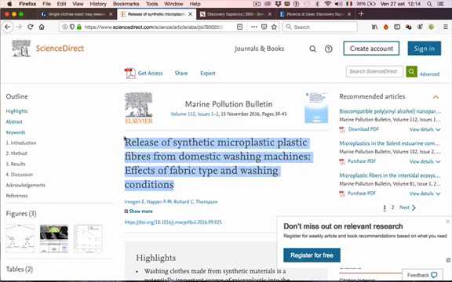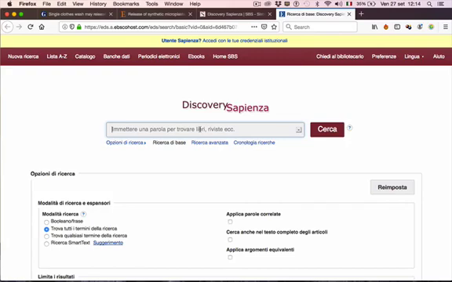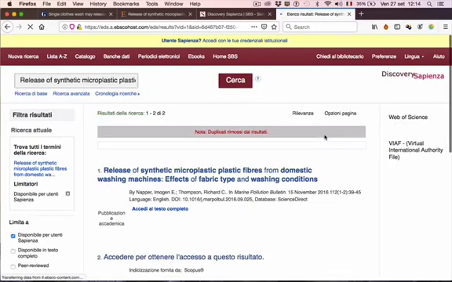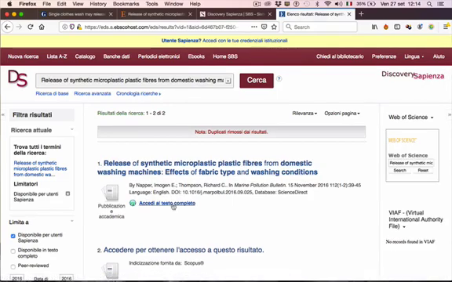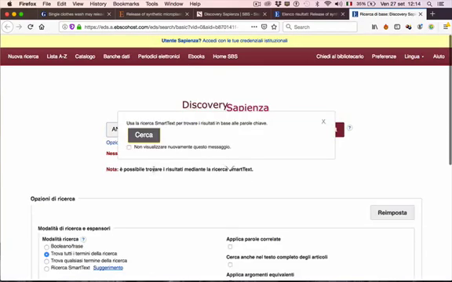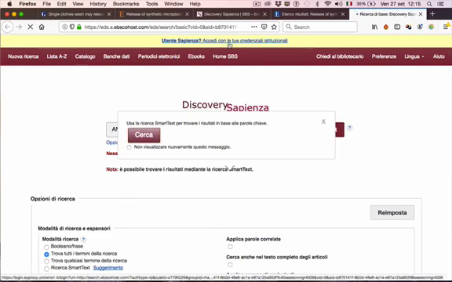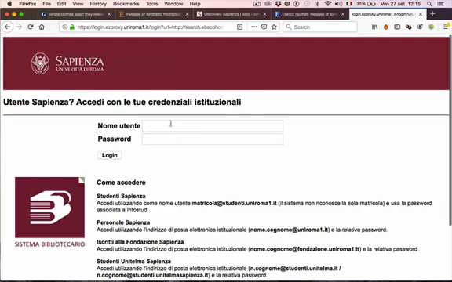We copy it and paste it into the Discovery Sapienza search engine. We look for the title and see that they have the article. We click on "accedi al testo completo" and they cannot find it because we are not logged in. So we go up here, "accedi con le tue credenziali istituzionali", and we access,